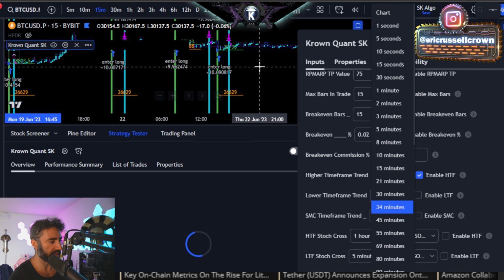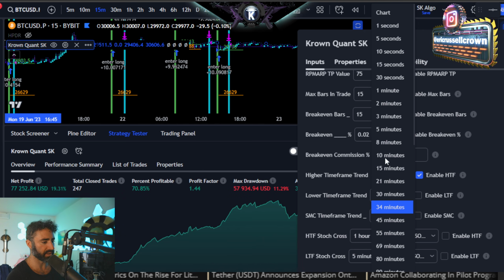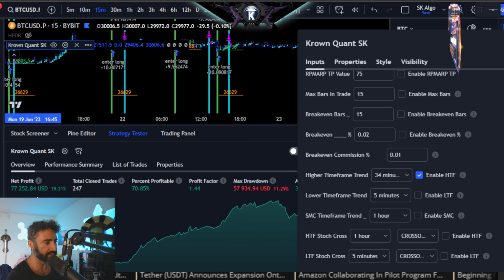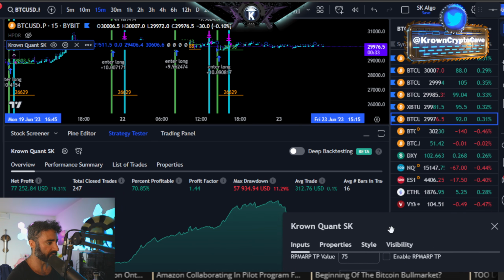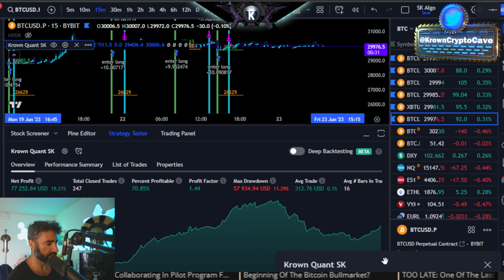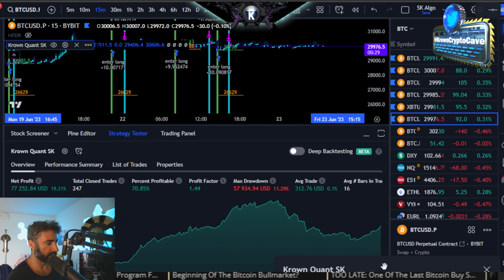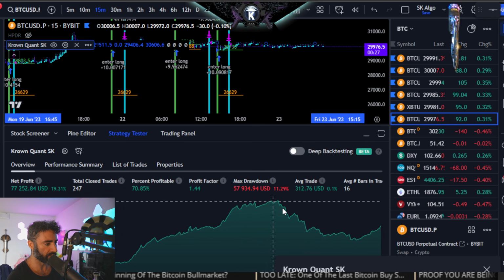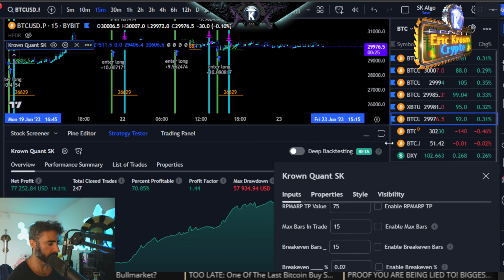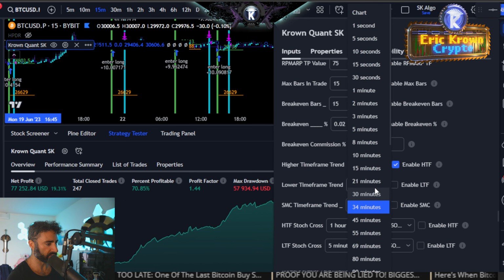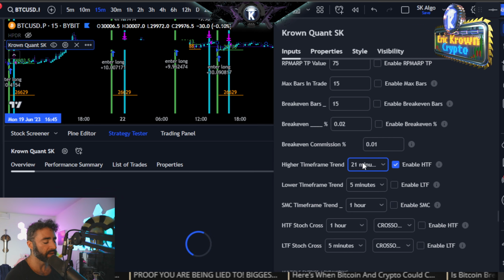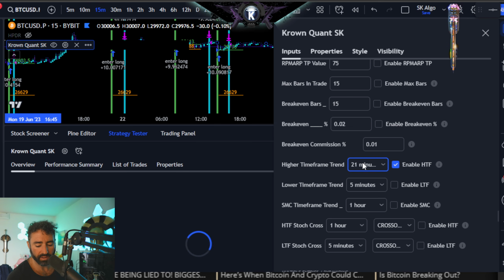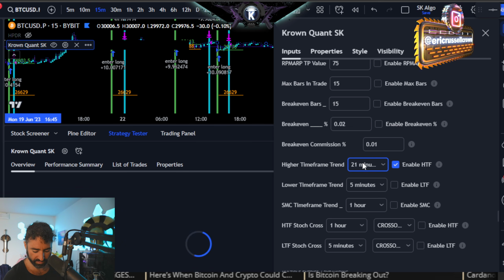And by the way, in the background here, you can see those prior trades. And this is actually significantly better yet again. 77,000 now versus what was it, like 30 or 66 earlier. Things become more efficient here as well. Yeah, okay, actually pretty good. Seems like going a little bit lower is better. Maybe I'll try 21 minutes, another fib number here as well, just to see what happens. I'll take my